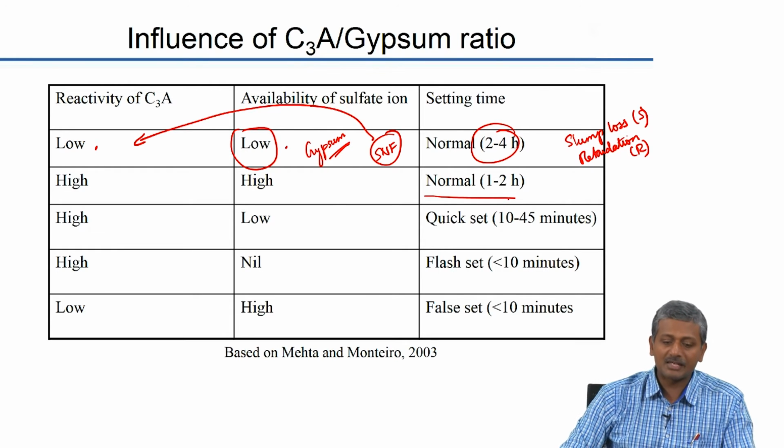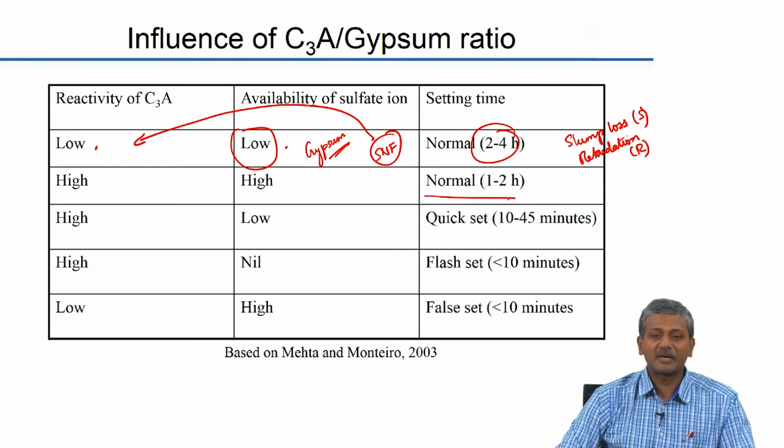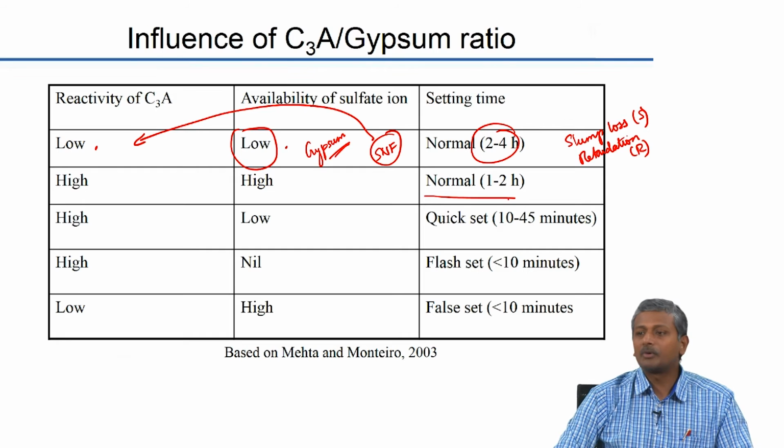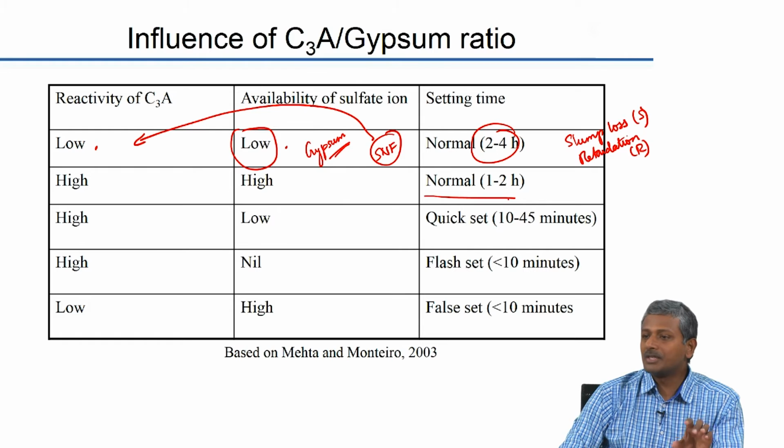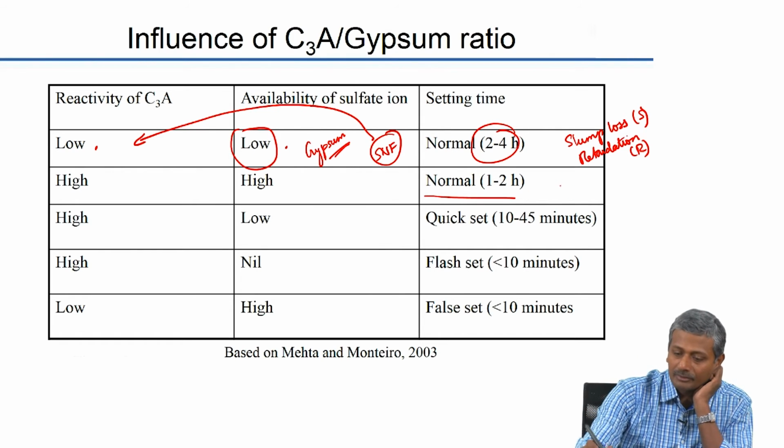So what will happen in this case when I add the SNF? Do I expect slump loss to happen? Probably not. Even in this case there will be affinity of the SNF to the C3A, but my sulfate is already very rapidly dissolving, right. So I may not lose my effectiveness by losing my SNF to the C3A. Okay. So I may not have slump loss,